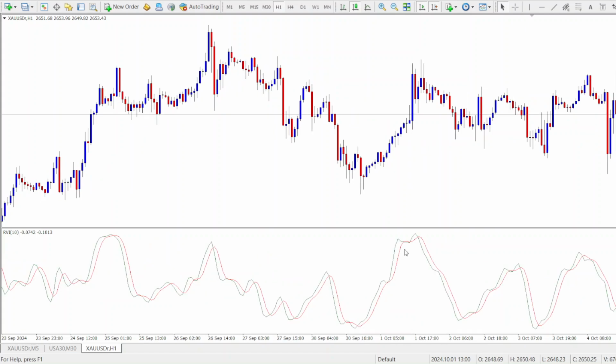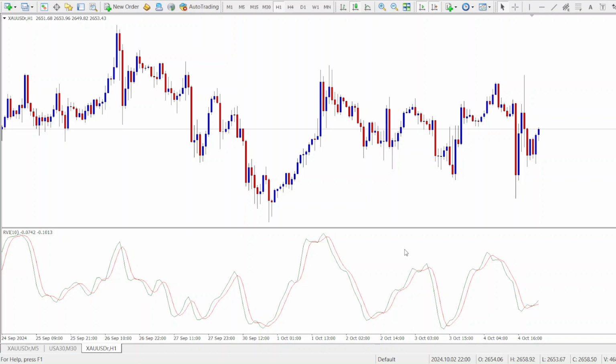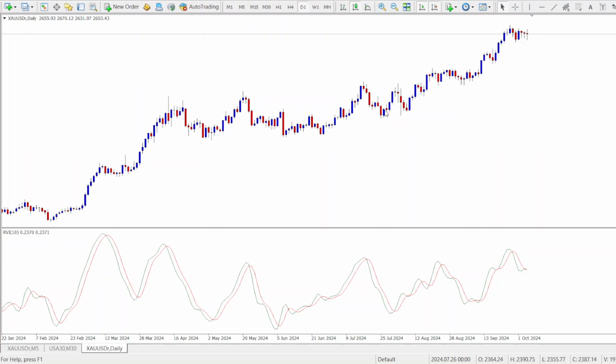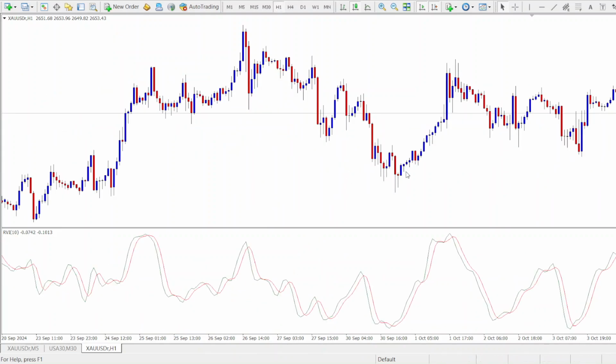So first of all, you need to understand how the RVI works. Now the RVI usually calculates the difference between the closing price and the opening price. For example, this is the 1 hour time frame. So the calculation now is going to be the closing price within the past 1 hour. It calculates the difference between the opening and closing price within the past 1 hour on the 1 hour time frame. If it was the daily time frame, it would have been the opening and closing price of the past day, but since this is the 1 hour time frame, we're talking about the opening and closing price of the past hour, and then it divides that by the difference between the high and the low prices over a